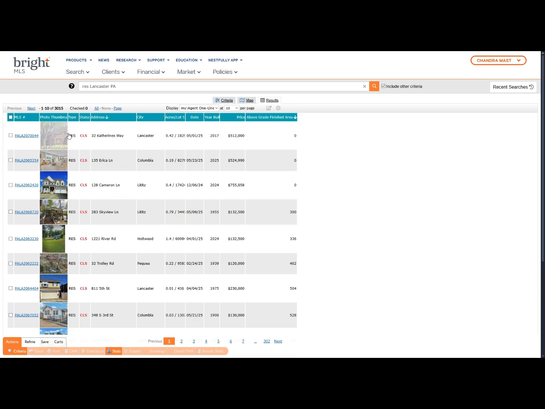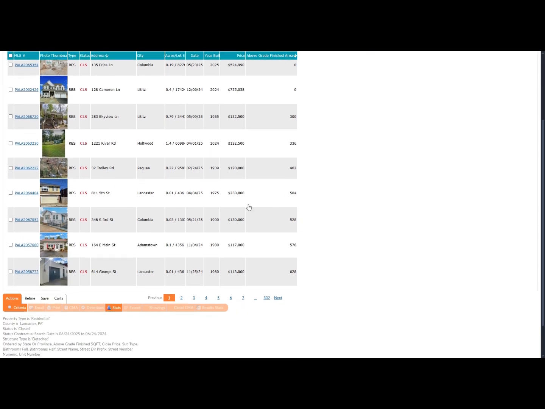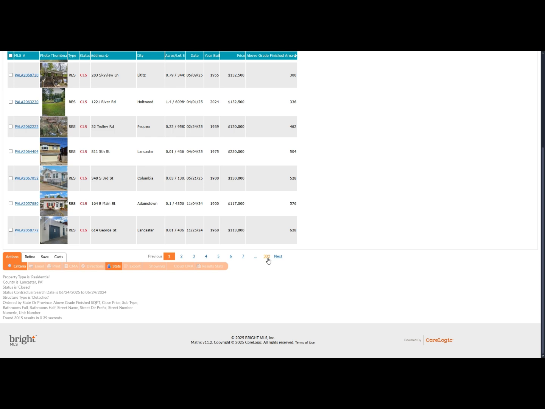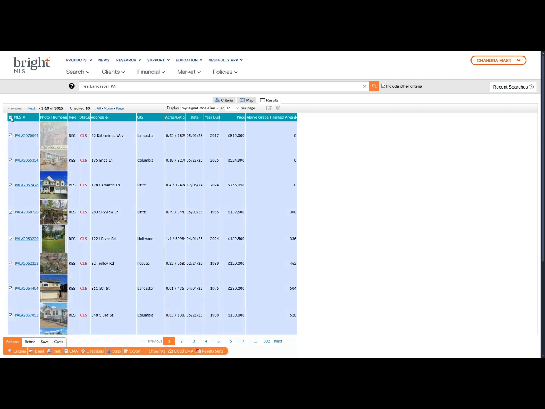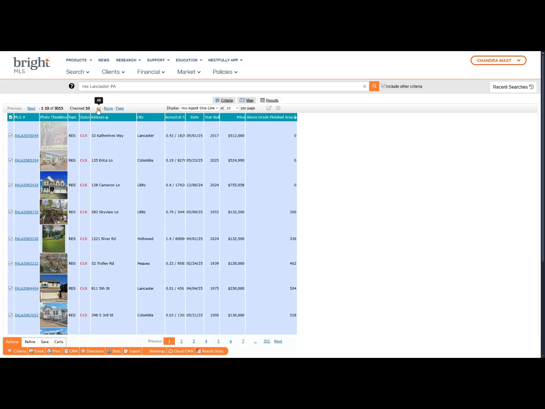Here we are at the results page, and you can see all the information stacked up together. There's 302 pages of information. I'd like to take it all. If I click the checkbox here, I will in fact only just be selecting the first 10 items. So what we're going to do is click the all button here. This checks all